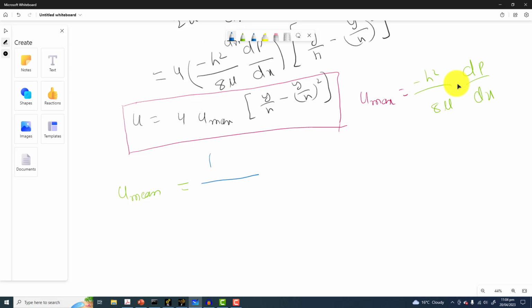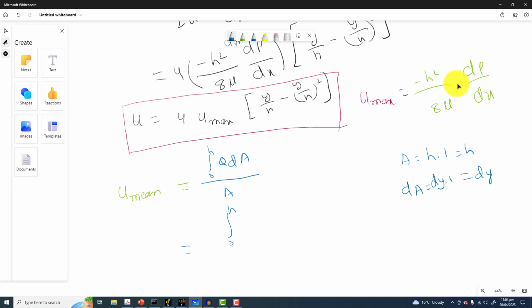is equal to integration 0 to h of q dA, divided by area. So for the two-dimensional channel, the area A is equal to h, and dA is equal to dy into 1. This is equal to h, this is equal to dy. Okay, so I can put the velocity profile here, and I will be putting the velocity profile in terms of h square. So this is 0 to h,